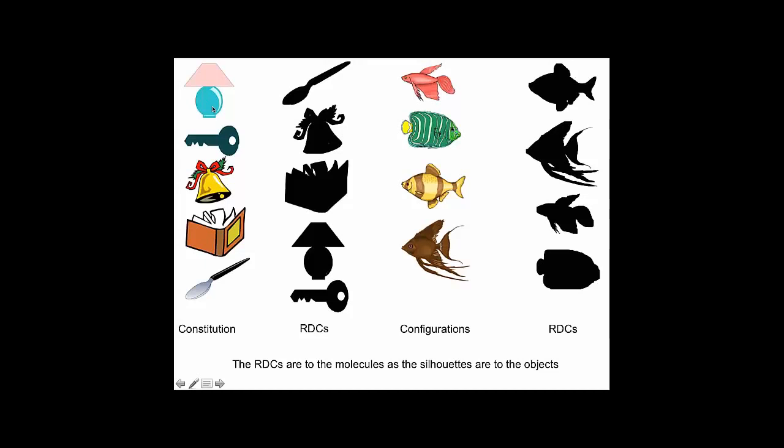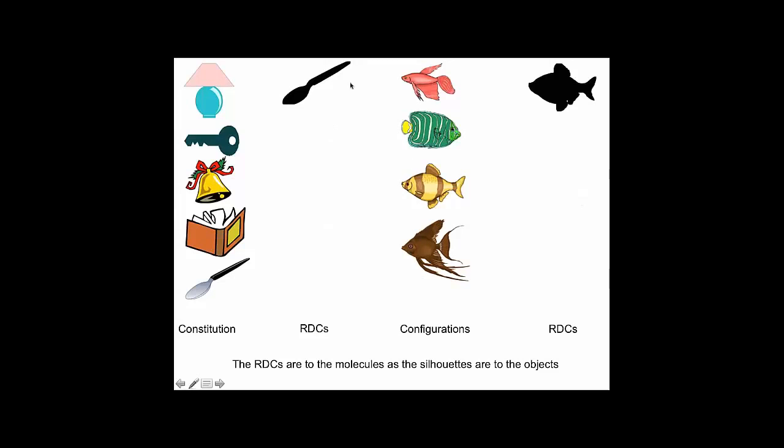Let's say that these different types of object will be the molecular constitution, but if I have the same type of molecule with a different configuration, I will say that I have different fishes. So if I fit my RDC data, I will find the fit to all these structures,